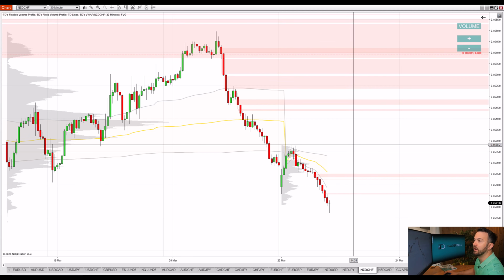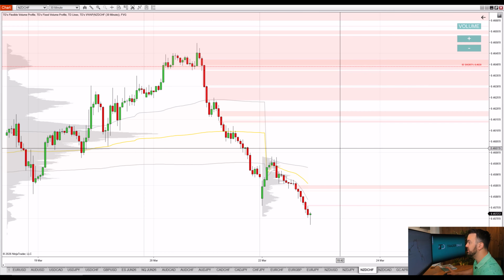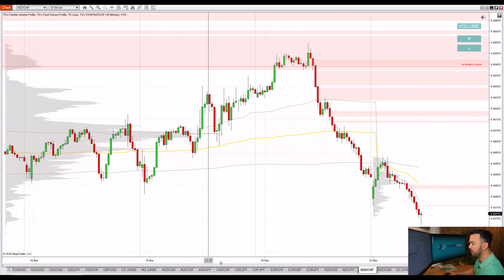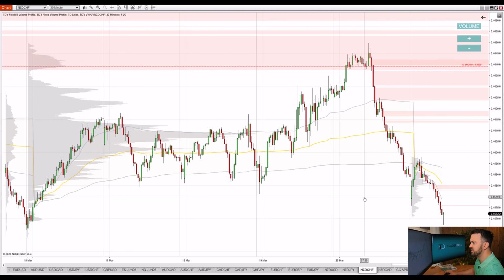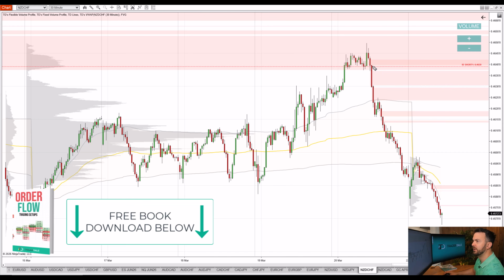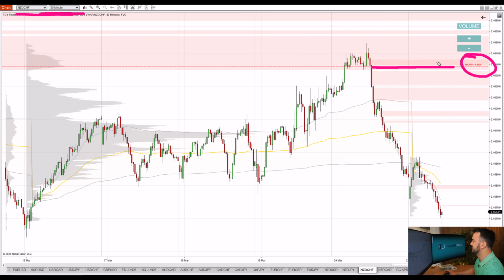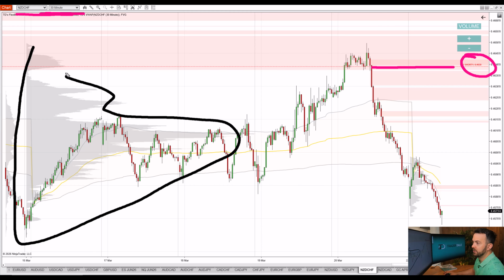Let me show you. This is the New Zealand dollar, Swiss franc, and those two levels which I'm going to show you are frankly a bit similar. They follow the same logic. Let me show you. I'll zoom out the chart like this, and the level that I want to show you here on the New Zealand dollar, Swiss franc, by the way, this is a 30-minute chart, okay, of the New Zealand dollar, Swiss franc. That resistance is here at 0.4639. Now, if you take a look at this volume profile here, then this is how the volumes are distributed